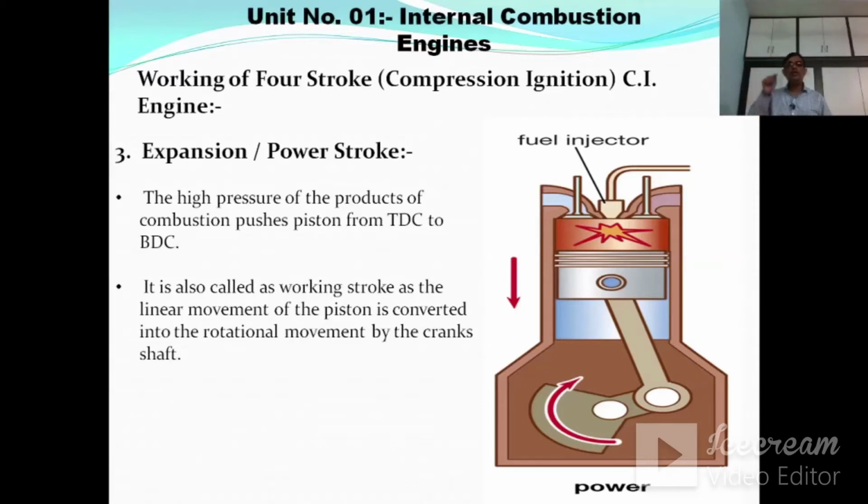This power is stored in the crank, that is the flywheel, which can store the energy. This is the maximum amount of energy, which we can see in our theory of machines lecture, in the turning moment diagram. The maximum power is generated in the power stroke, and the other three strokes, suction, compression and exhaust, consume that energy.